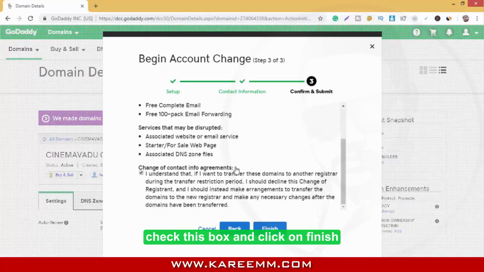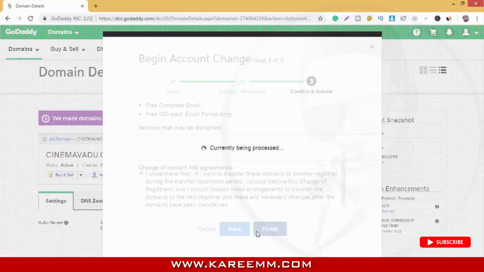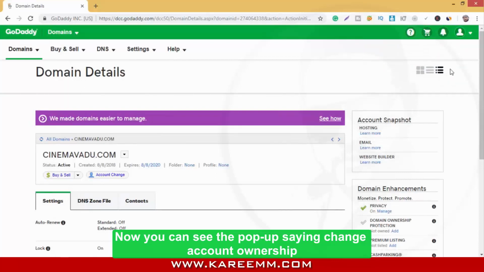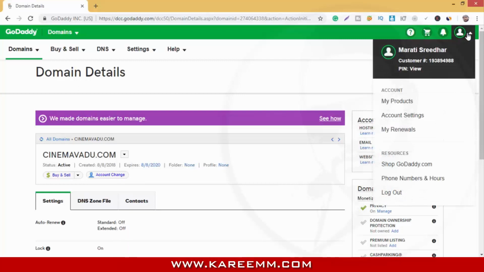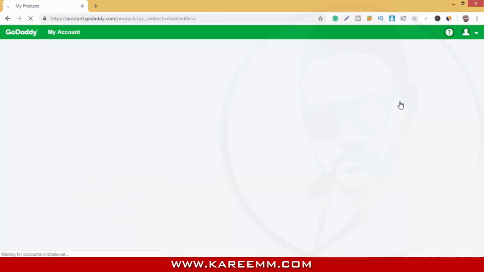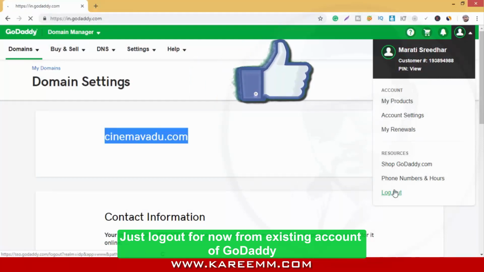Check this box and click on finish. Now you can see the pop-up saying change account ownership, but actually we haven't completed it yet. Log out for now from the existing GoDaddy account